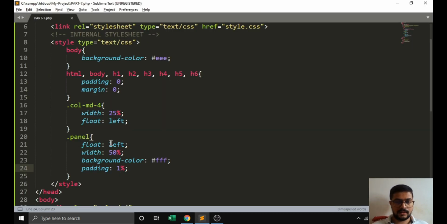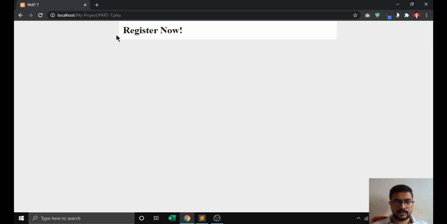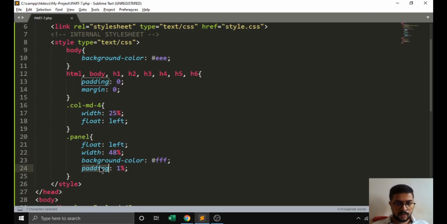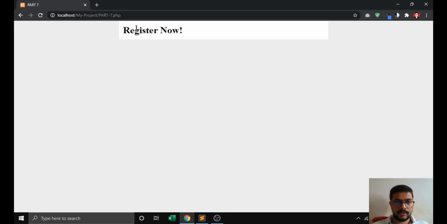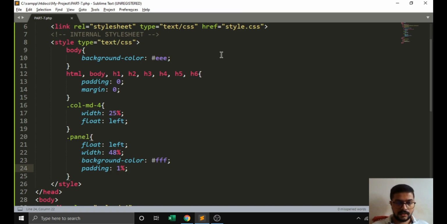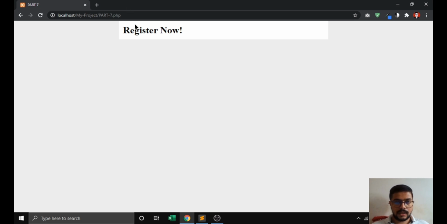just increasing the padding inside, so we have to pass down here 46 plus 47 and 48. So we have to just pass here 48. Then it will be 50%, because it's 48% width plus this padding. The padding property works like this: if you write down here 1%, it will assign padding to the left, top, right and bottom side also. If I write down like this, 1%, it will apply like this.